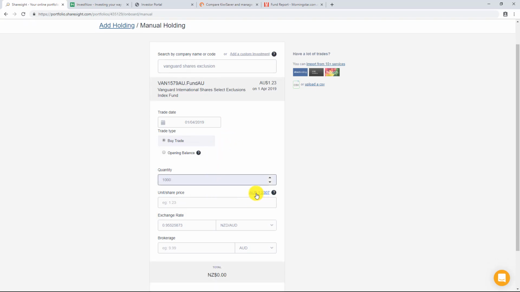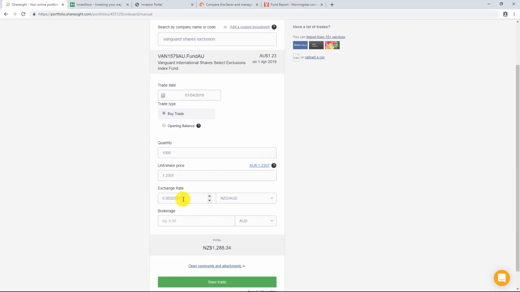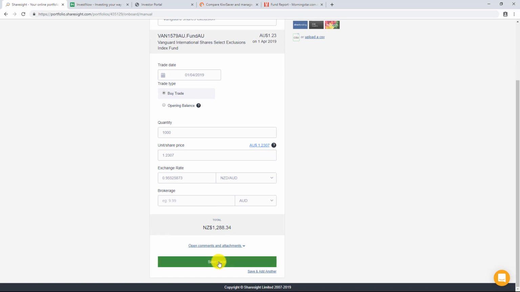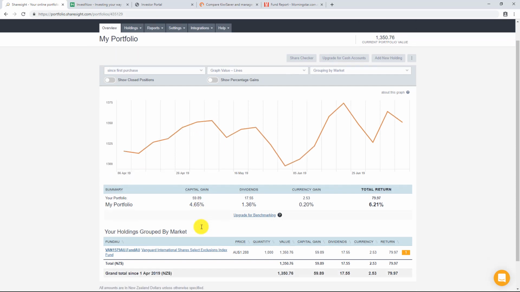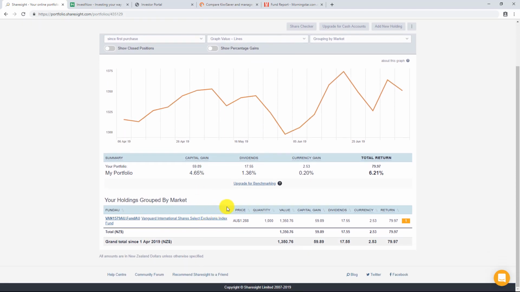The website will automatically come up with the share price on the day. So that's the share price on the day, and I just click OK. And it'll populate with the exchange rate at the time. And you can add a brokerage fee if you want. And that comes to a total, and then we go Save Trade. Now the trade will show up on the website, and you can see that your total return over that period of time is